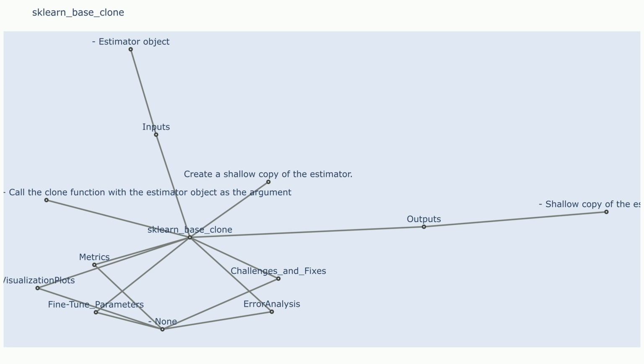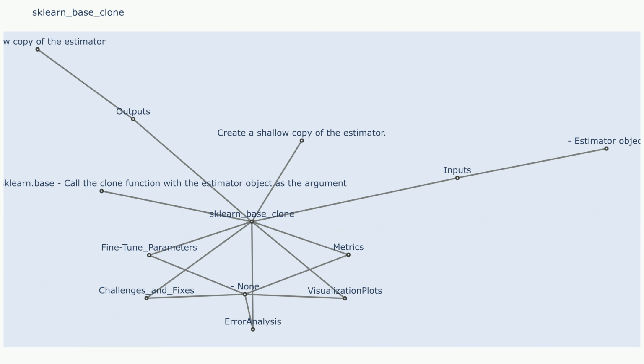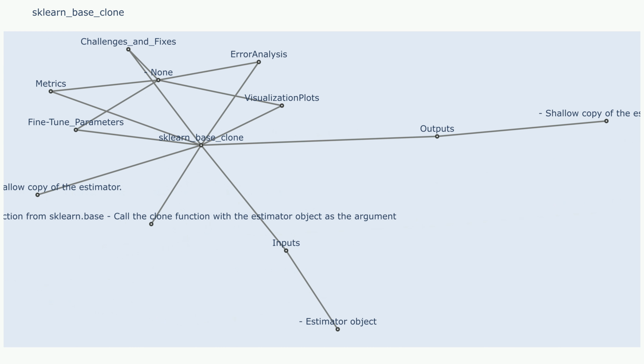sklearn.base.clone. Description. The clone function in sklearn.base creates a deep copy of an estimator. This means it creates a new instance of the estimator with all its parameters and attributes initialized to the same values as the original estimator. This is useful for various scenarios like hyperparameter tuning. Cloning allows you to create multiple copies of the same estimator with different parameter settings for exploring the search space